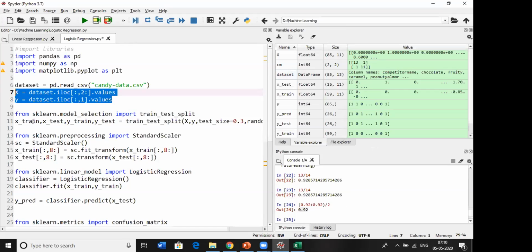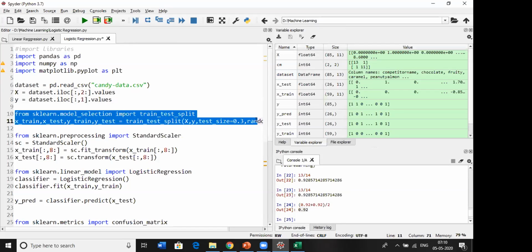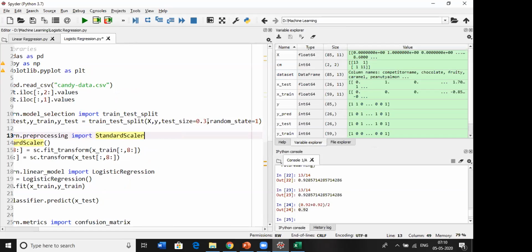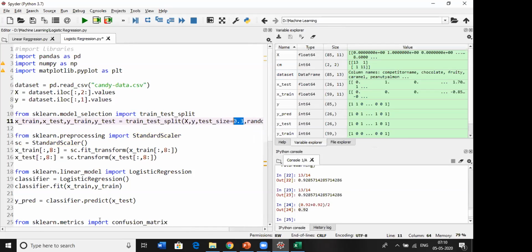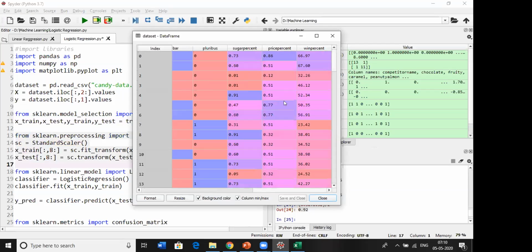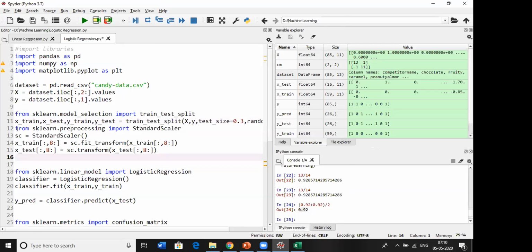After that, we split the data into training and testing, using a test size of 30% and random state 1. It gives you more accuracy. And we standardize the scale because in the last 3 columns we have some different scales. So we standardize the scale.